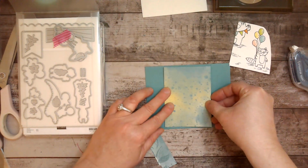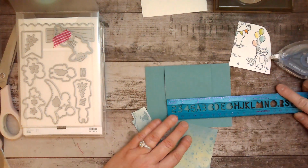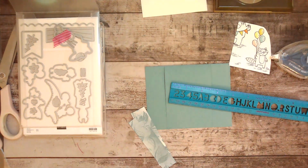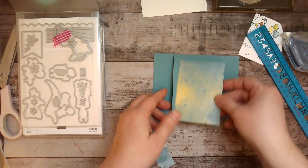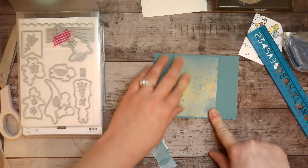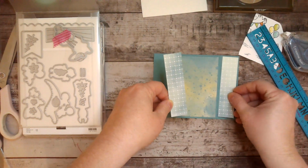Okay. Nope, I cut this wrong. So this is 3 inches, so I just need to cut 1/4 inch off of that. So this is 2 3/4 by 4, and then I have 1 inch